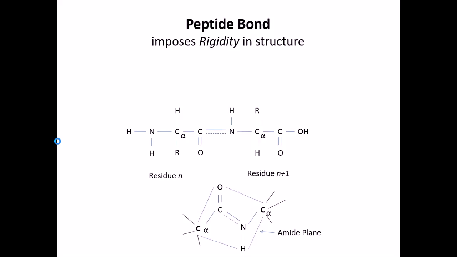Hence the residue that contains the amino group completely, which is the nth residue, is called the amino terminus, and the residue that contains the COOH group, that is the N plus 1th or N plus so on and so forth residue, that the last residue will be called the C terminus of a peptide or a protein. So the peptide bond gives a lot of features that are very characteristic for a protein, and also that are deterministic for a protein in many terms. With this we conclude the second part of the lecture, that is the lecture on the